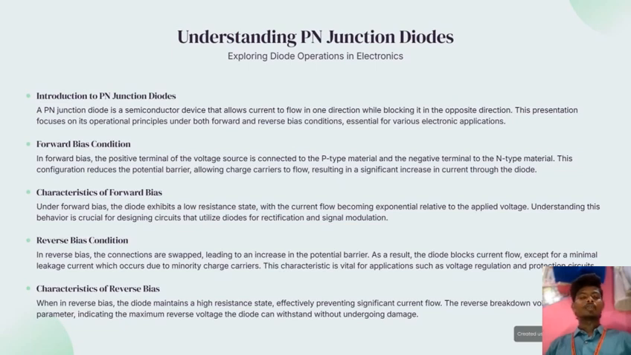Characteristics of reverse bias. When reverse biased, the diode maintains high resistance and effectively prevents significant current flow. The reverse breakdown voltage parameter is the maximum reverse voltage the diode can